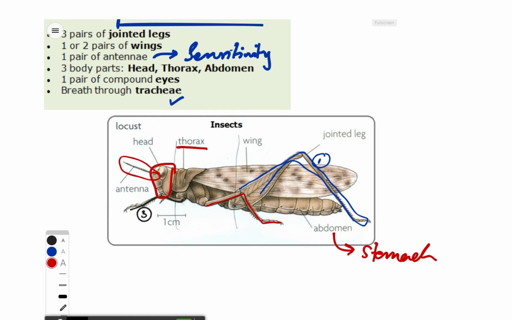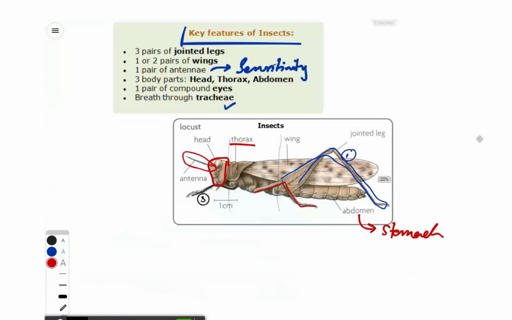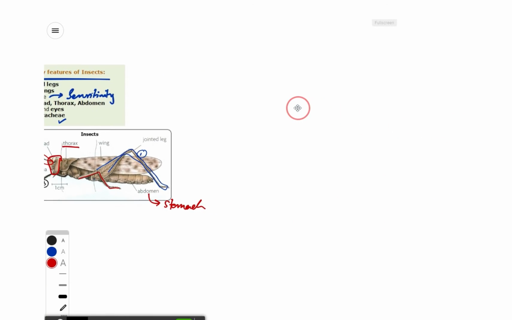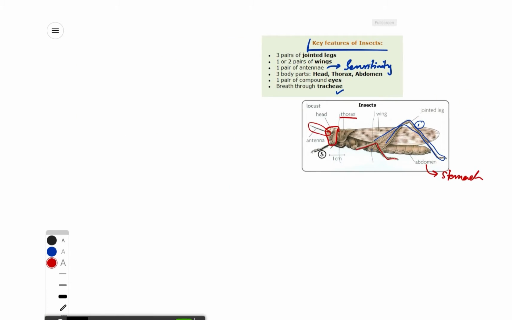Important takeaway. You should know that in all these classes, how many leg pairs, how many wings, how many body parts, and how do they breathe. This is important. Any questions so far? Should I move on? Okay, then let's go. Now the next class which we have to study, it was first class insect, and the next one